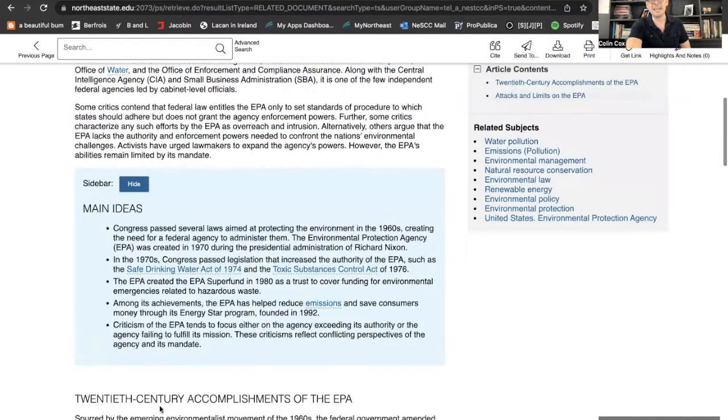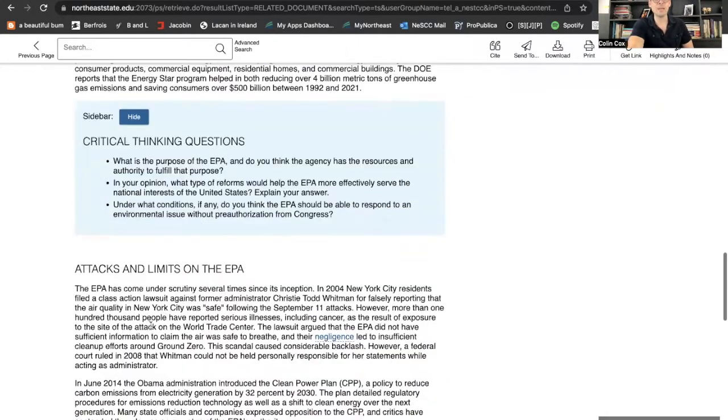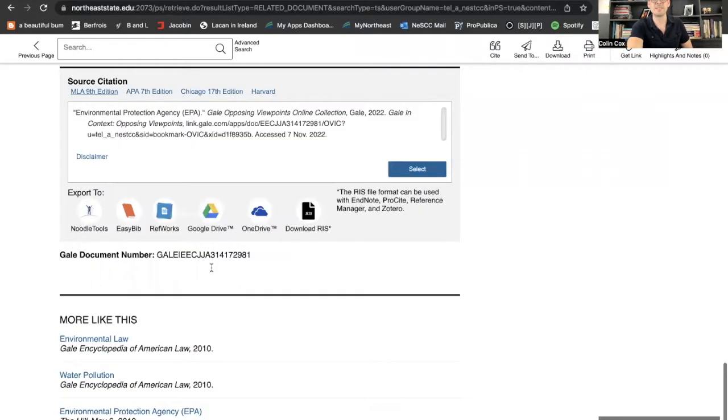And what I also like is how Opposing Viewpoints, I almost said Academic OneFile, but how Opposing Viewpoints gives you a particular set of, let us say, main ideas, things to think about and consider if you're interested in this topic or a topic that might fall within this category. It also provides a particular set of questions that can be quite interesting for you to think about.